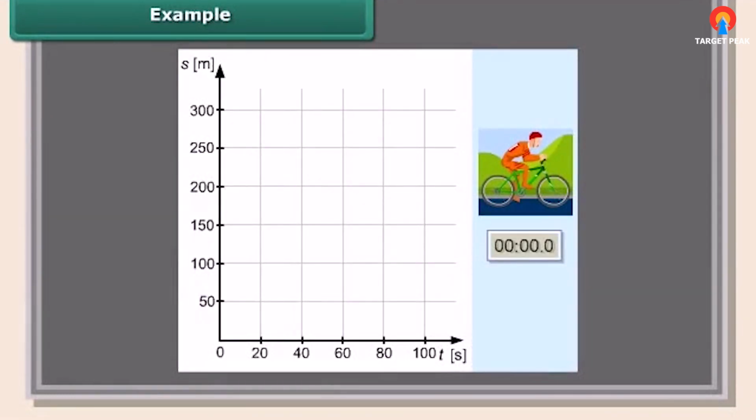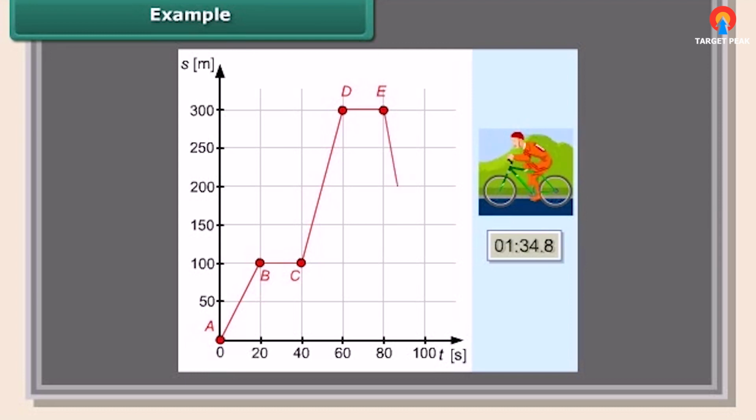This is the location-time graph for a cyclist. While plotting the graph, the short moments of time where the cyclist changed his speed were neglected. From the graph we can determine the location of the cyclist at a given moment, the type of motion with which he was traveling along particular segments, his speed, the distance he covered, and even